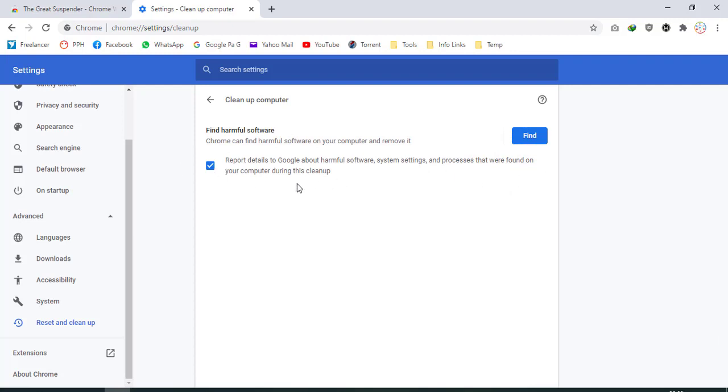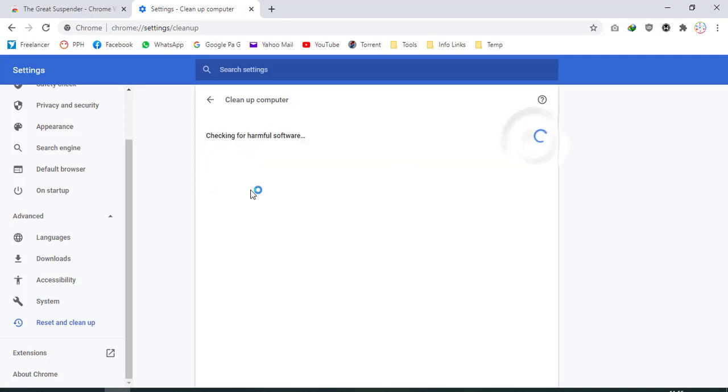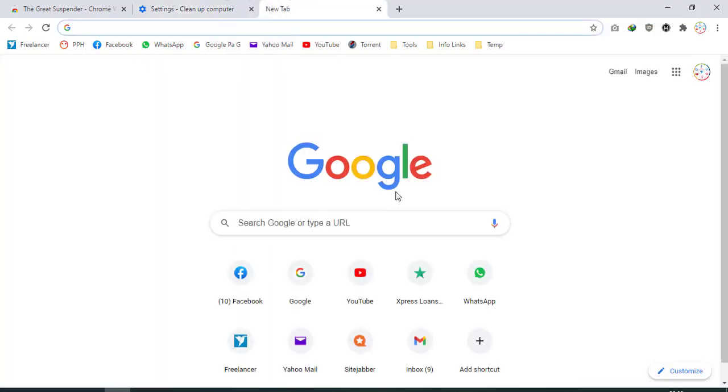When you click on find, it will automatically find all the viruses on your computer and then delete them. And if it shows the remove button at the end, then click on that to remove all of the viruses from your PC. It will also help you speed up your Chrome.